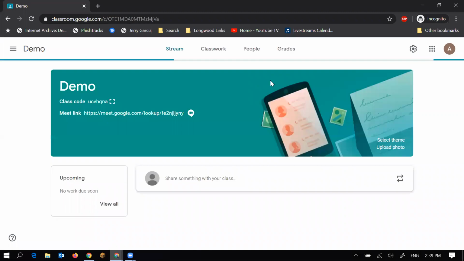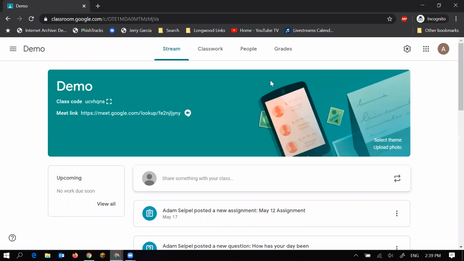All right, so we should all be in a class now. Again, mine's called demo, not very creative. We can see that its title's in the very top left, and that would be on any of our pages within a class. On our first page, and we know it's our first page because it says stream,